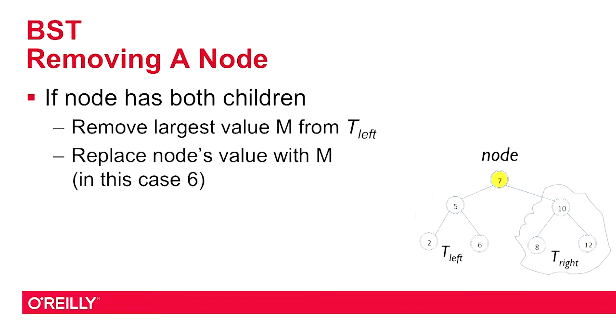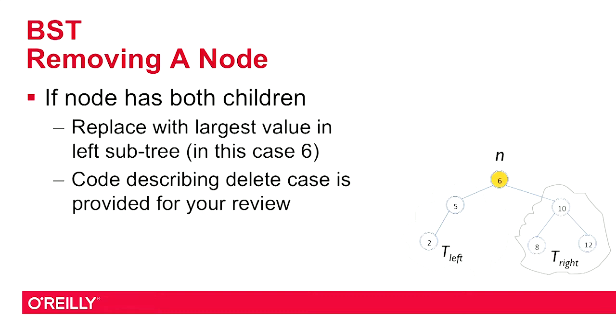for all binary trees. So let's review how to delete a node from a binary tree that has 2 children. The idea is to find the largest element in the left subtree. And I do that, as you just saw in the code, by looking at my child, which was the value 5, and then his right grandchild, which was here. And then I progress as many times as I need to get to the largest element in that subtree. Once I found it, in this case it's 6, I can move it up and then remove it from the left subtree entirely. And as I mentioned, you should review that code after you finish the video to make